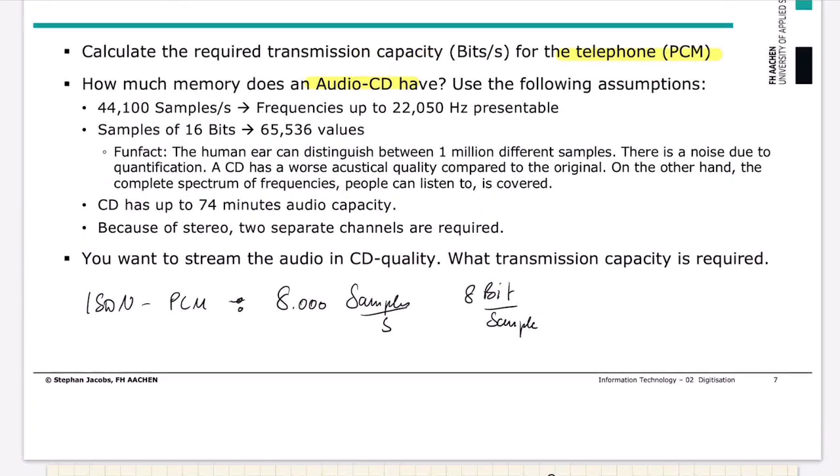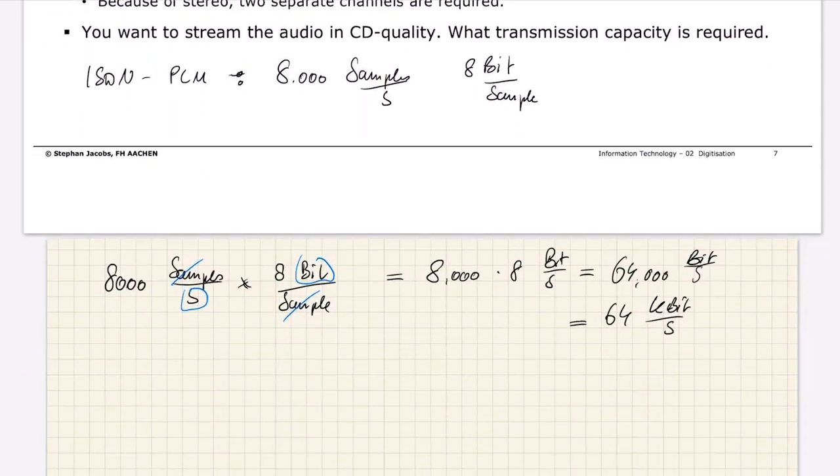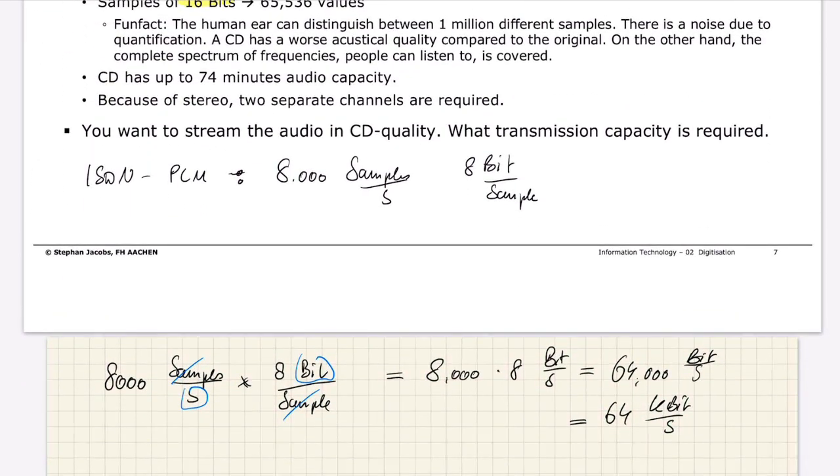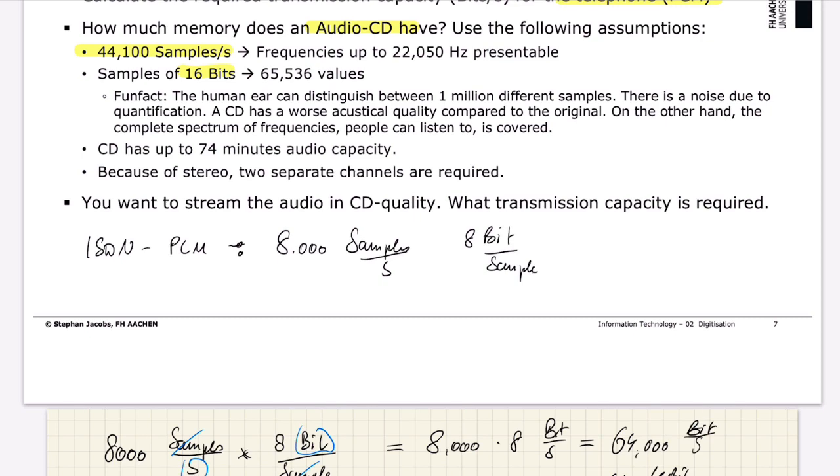Now let's compare it with figures we have from an audio CD. So here we have now different values. We have 44,100 samples per second, and we have 16 bits per sample, which is 65,536 values. Calculation is done quite similar. So if you would like to transmit a concert in CD quality, you require the following values: